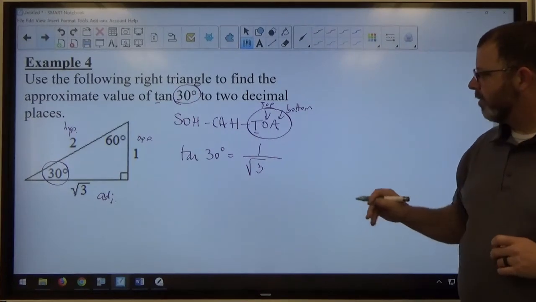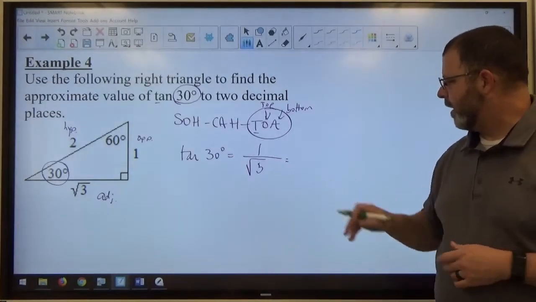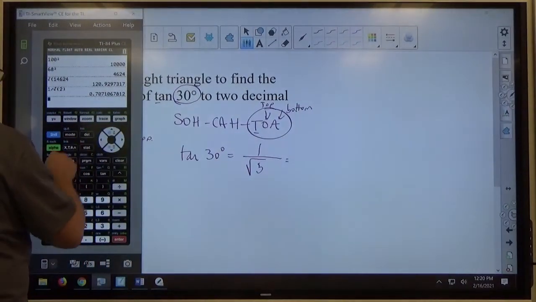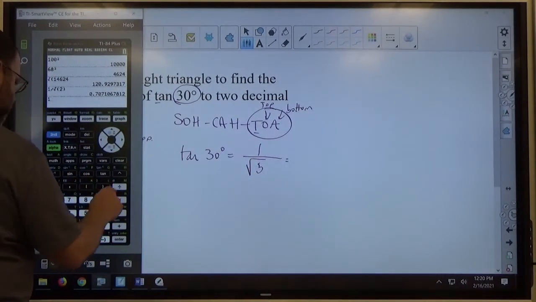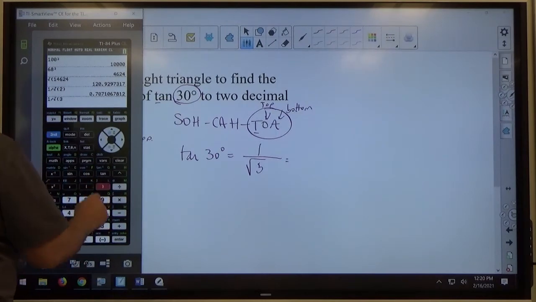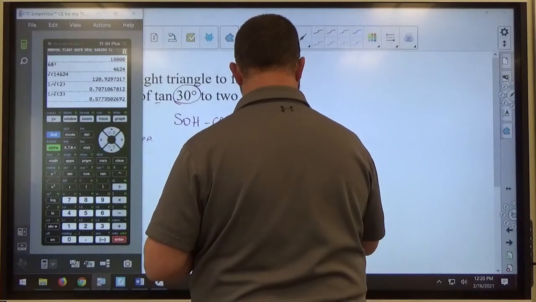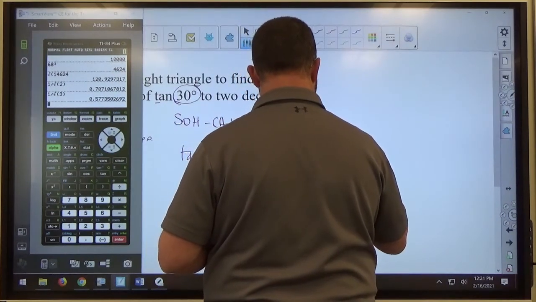So 1 divided by the square root of 3, which if I punch that in the calculator, try and do this one correct. Not tangent, I want 1 divided by the square root of 3 equals. And we get 0.57735,